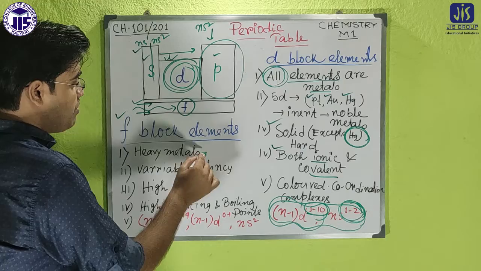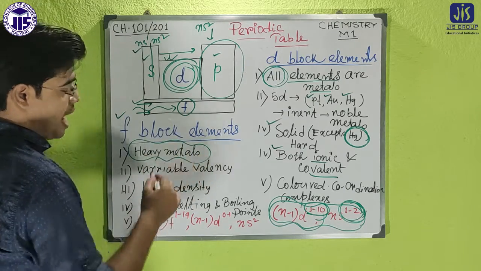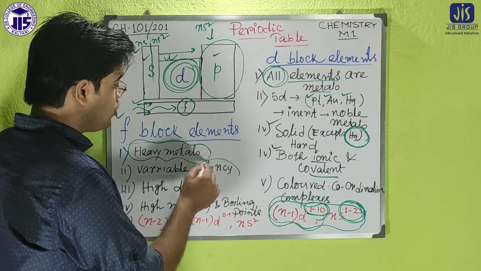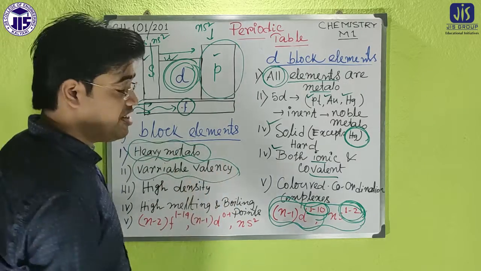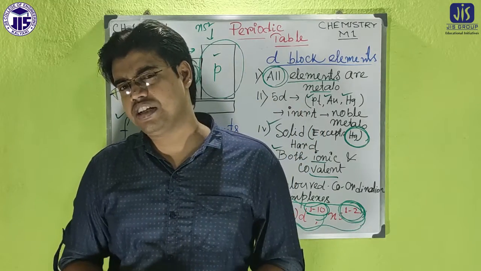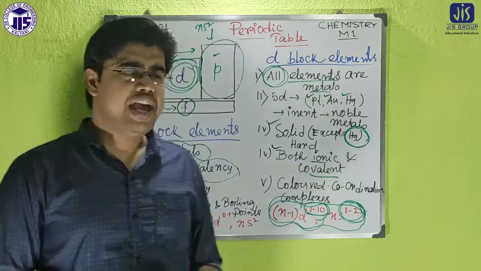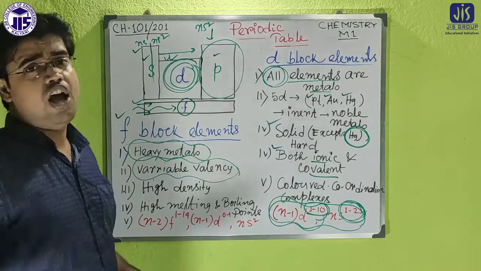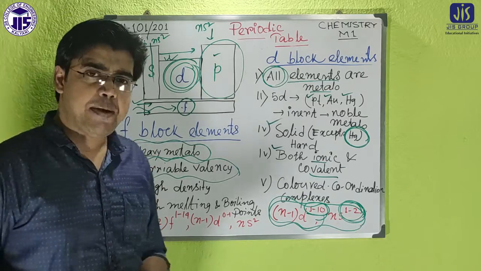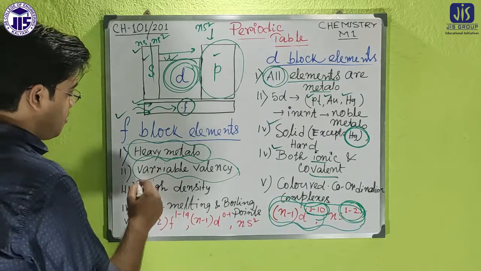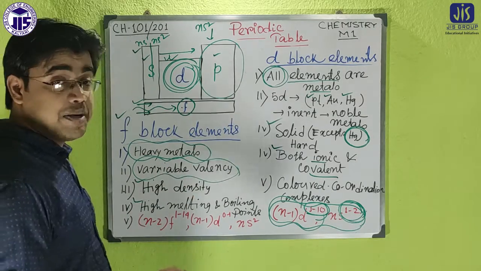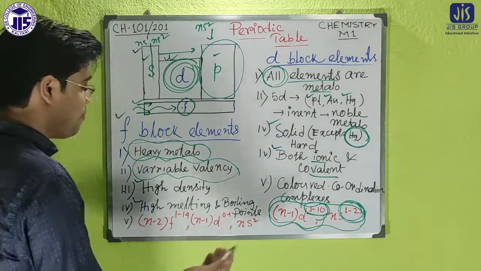So first of all, look here that all the elements are heavy metals. All the f block elements are heavy metals, and these elements also have variable valency. Like d block elements also have variable valency, but compared to the d block elements, f block elements have much higher variable valency. Different types of valencies are available for the f block elements. These elements have very high density, high melting points and boiling points, and also